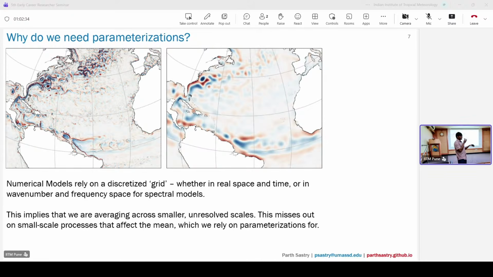And what that does is it essentially imposes length and time scales of accuracy on your model. Your model is only as accurate as the smallest length scale that it resolves. What that means is that you're averaging across scales